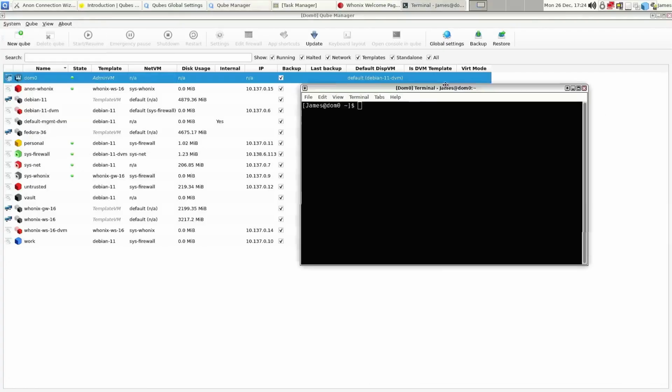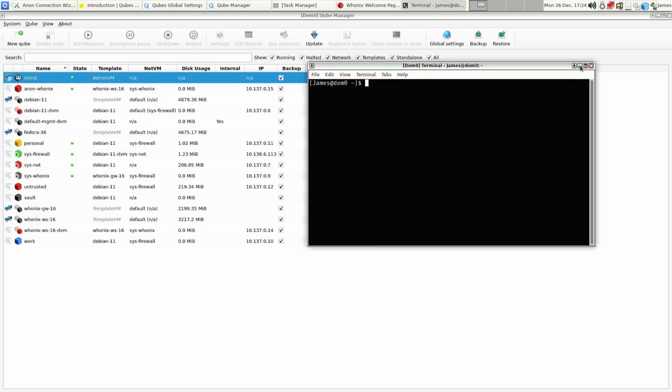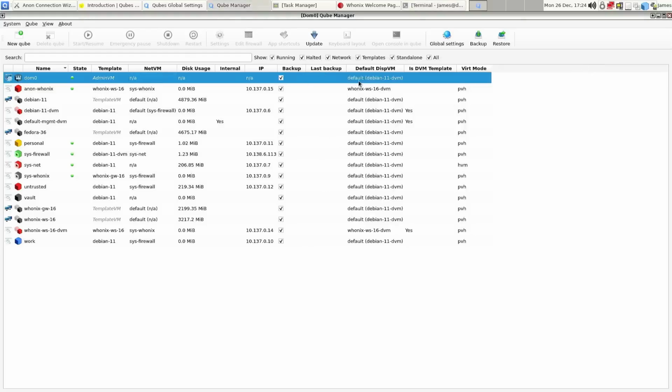So dom0, which is basically this here, dom0 is essentially your hypervisor. If I open up this terminal emulator, this is dom0 as well. So this is sort of the top level that's managing everything. It does not connect directly to any network, and also dom0 does not connect directly to any USB peripherals. If you try to connect USB storage, I think there's some ways to override it, but by default, it's very, very difficult to connect a flash drive or some type of external USB device to dom0.